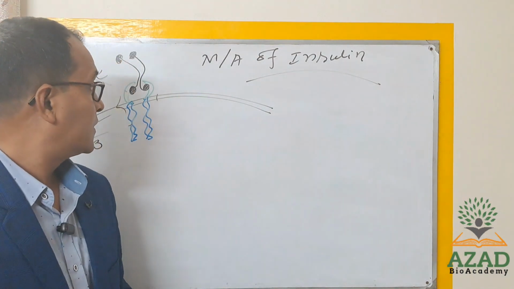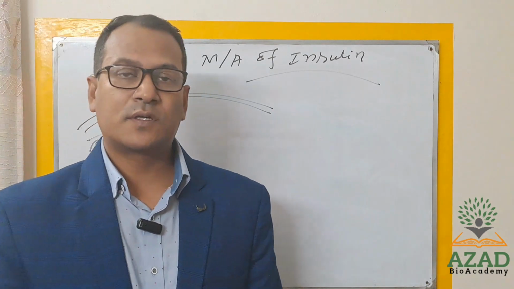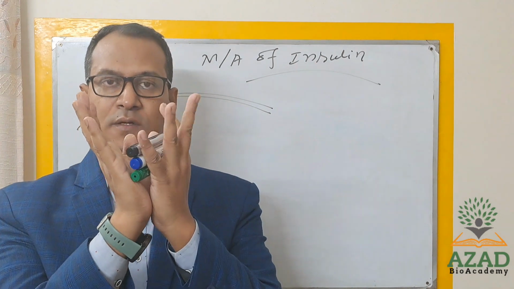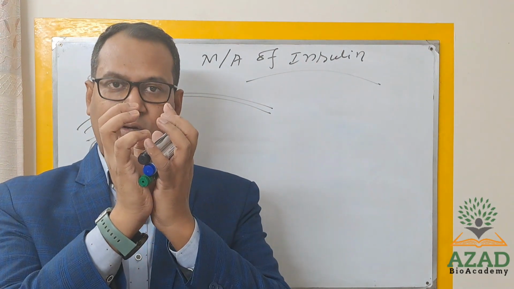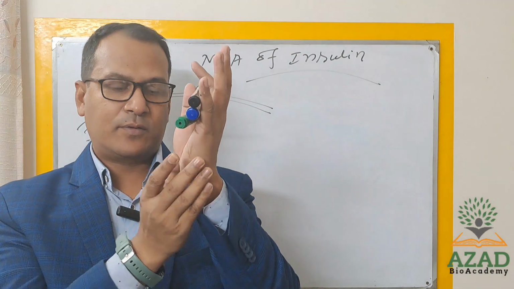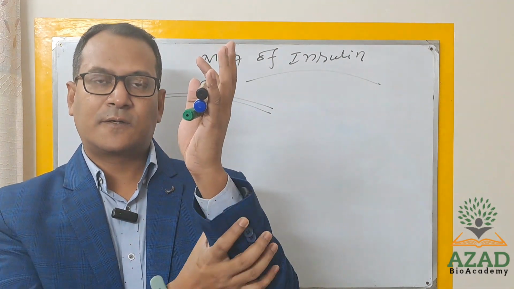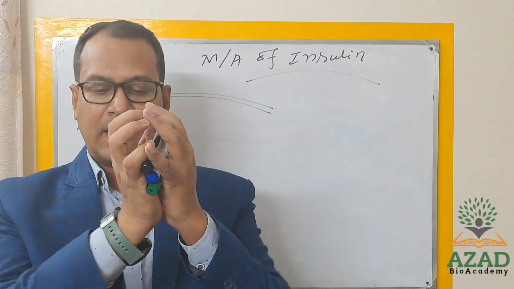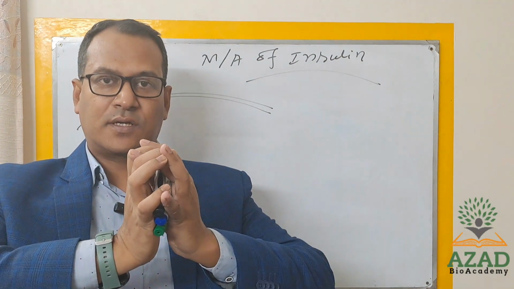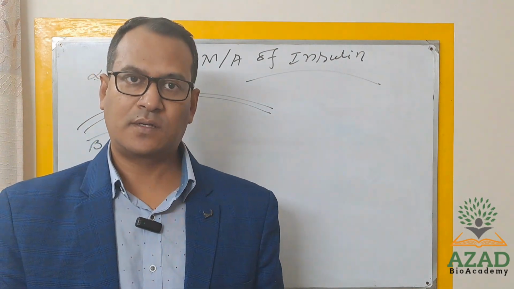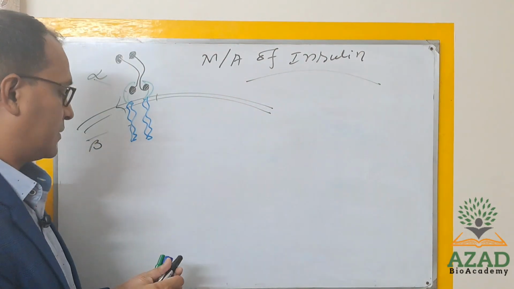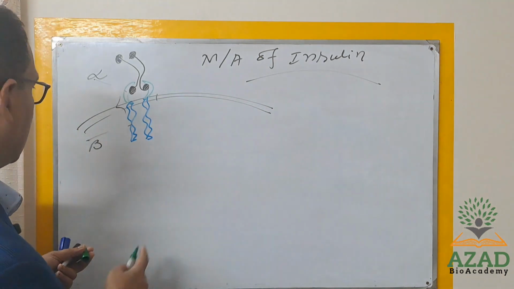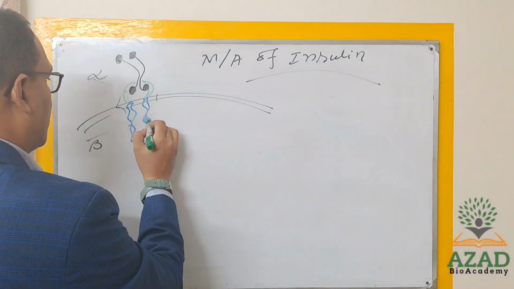How will it happen? If you try to catch something by your hand, then you must fold your fingers. Okay, that is the alpha part. And if you think your lower hand is beta, so when you try to catch something, your beta part is just stretching, and it will be activated. So how it will be activated at the molecular level, that is another question. So that question is very important. That is, inside the beta part